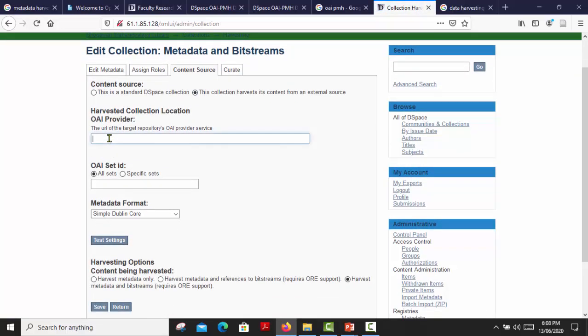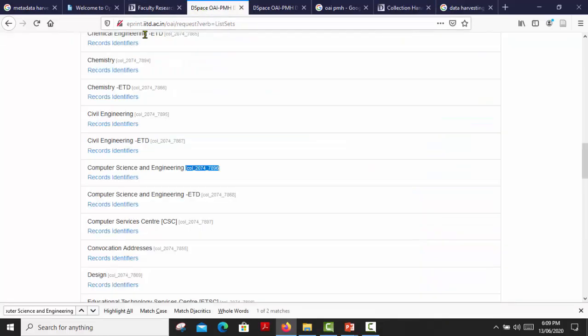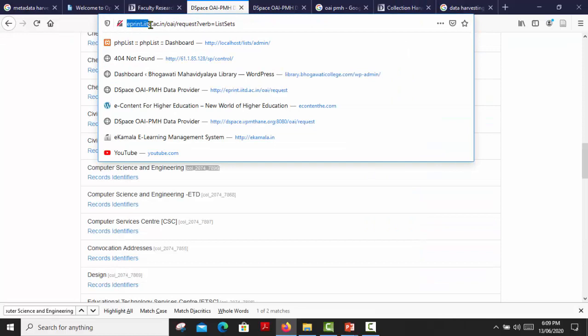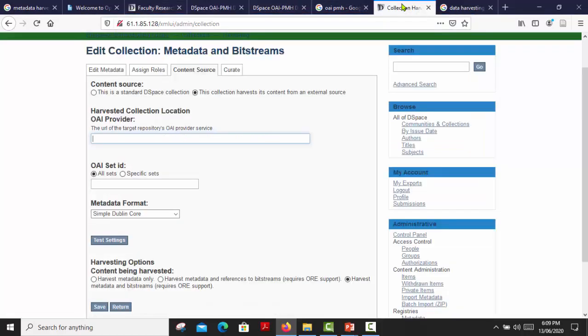Again, you know that now we have to put the URL of the target repository here, that is eprint.iitd.ac.in/oai/request. We have to add this oai/request to every repository to find the OAI-PMH service. So I am putting it here.